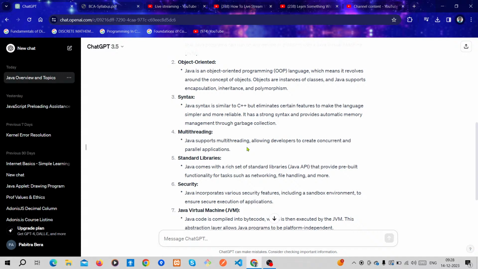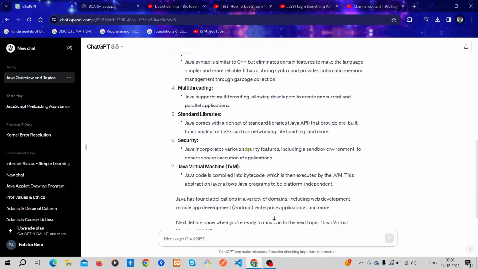Multi-threading. Java supports multi-threading, allowing developers to create concurrent and parallel applications. Then standard libraries.